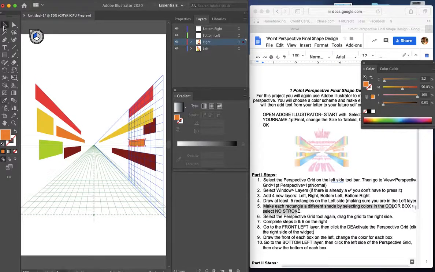This last one on the bottom, I'll do that green. I'm using the eyedropper tool to get those colors, but again, you don't have to. They can be different colors. Okay,